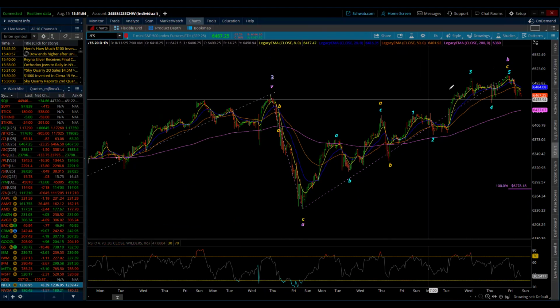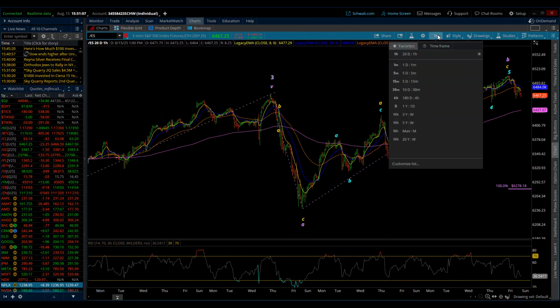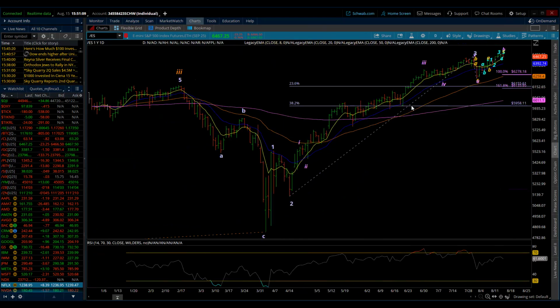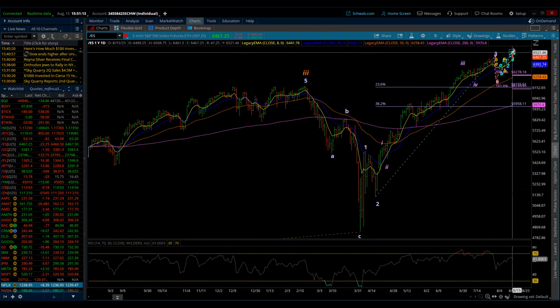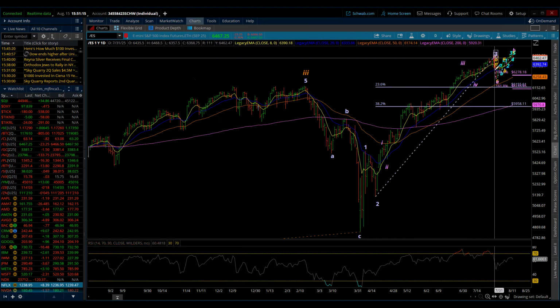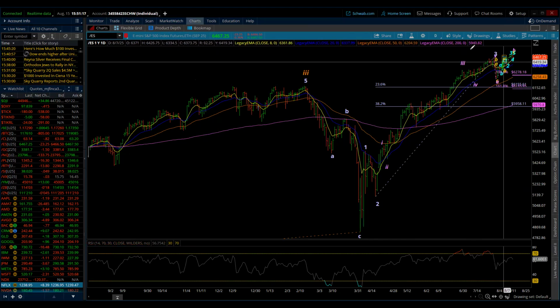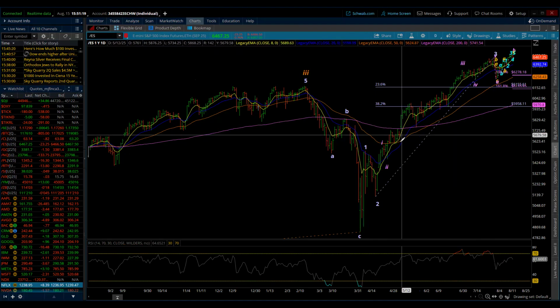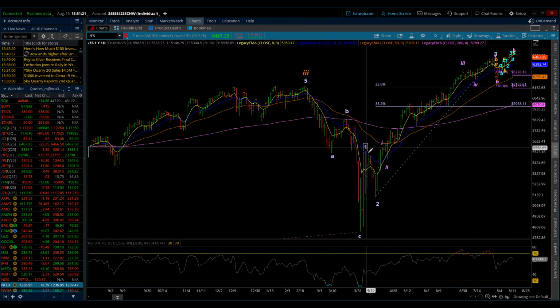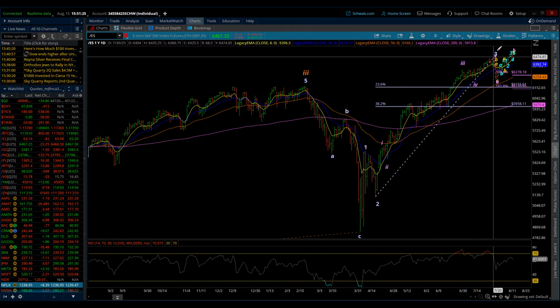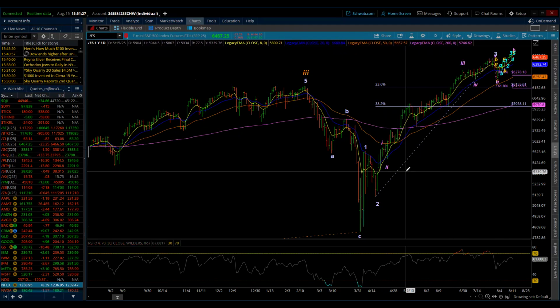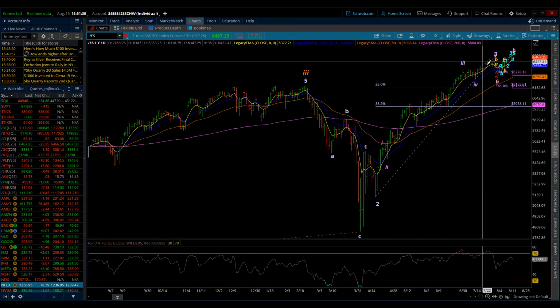I took a lot of the internal count out because as I moved out and looked at things on a daily level, it gets very compacted in here and you can't see the chart. You only see just this congestion of color. And so I've kind of whittled it down. And so we have minute 1, minute 2, and then minute wave 3, and then 1, 2, 3, 4, 5 within it to show that minute wave 3 is 5 waves up.